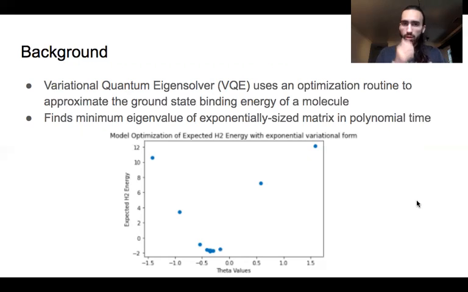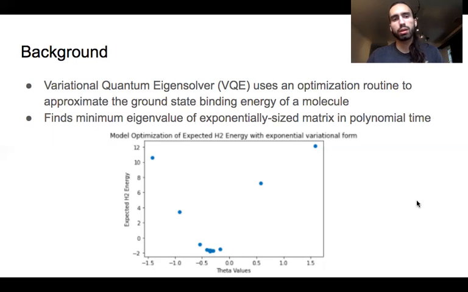classical computers. The background of this VQE algorithm is that it uses an optimization routine to approximate the ground state binding energy of a molecule. Keyword: approximate. So it's not perfect, but we can get it down to within a certain percentage of error. That's the goal. It finds the minimum eigenvalue of exponentially sized matrices in polynomial time. This is where the speedup comes in. We won't get too much into the time complexity, but just know that it is a better solution than